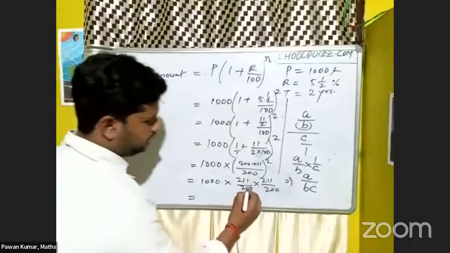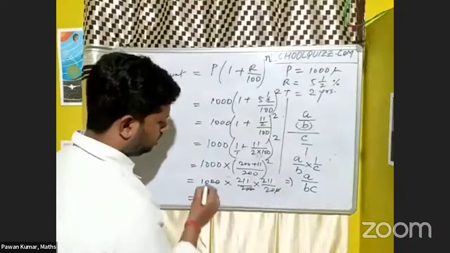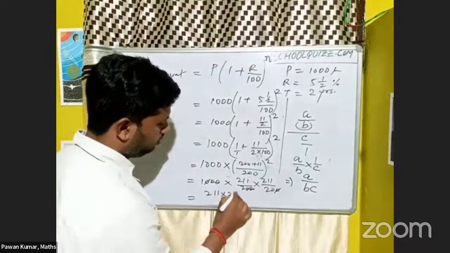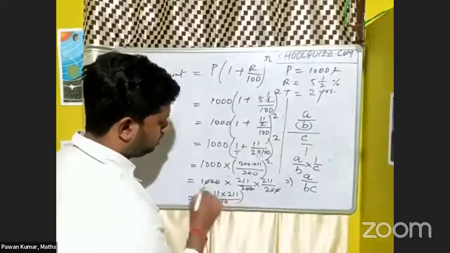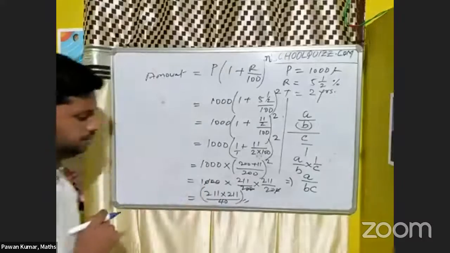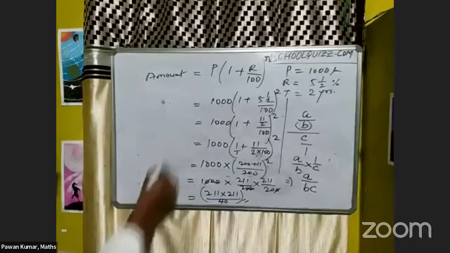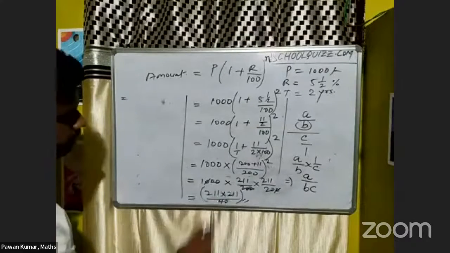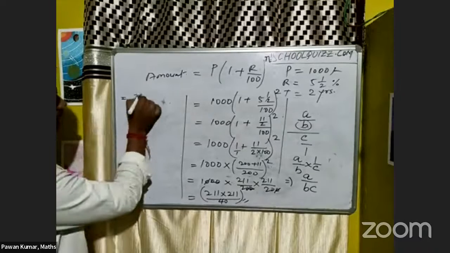So now cancel it here, 2 0 here. Okay, one more 0 you can cancel like that, or 211 into 211 by 40 you can do, and whatever answer you get. Okay, so how can you do that? Let me finalize this one. So 211 by 211, how can you do that? How can you do it easily?